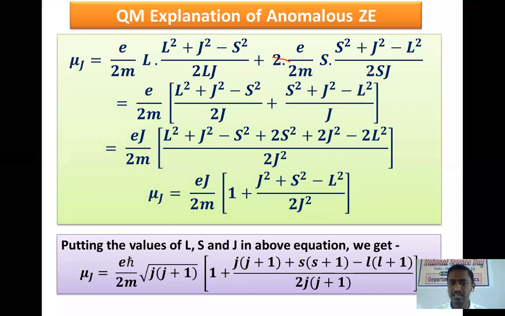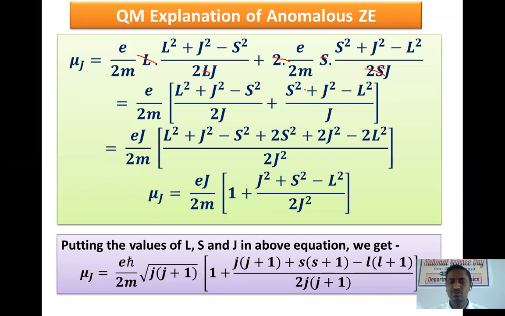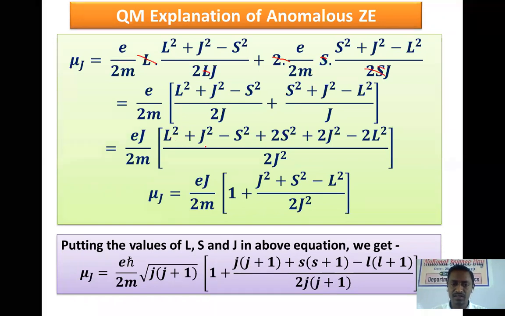Here 2 from the numerator and 2 from this denominator also cancel. S also got cancelled. Here L cancels from the denominator. So here only j is remaining in the denominator. So the second term will be plus s square plus j square minus L square upon capital J. Okay, now cross multiply these two equations. So here the first term will be cross multiplied by this j, that is, the equation becomes j into L square plus j